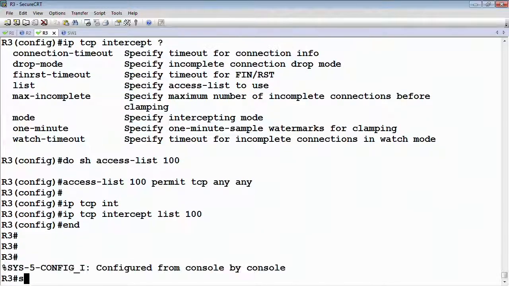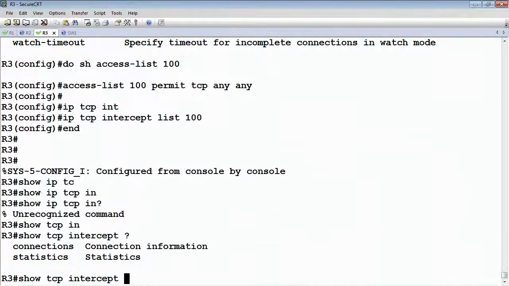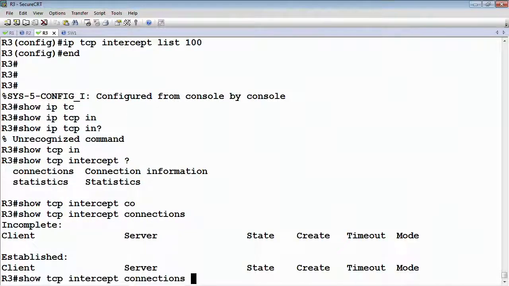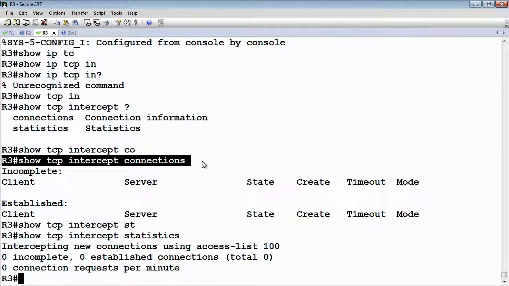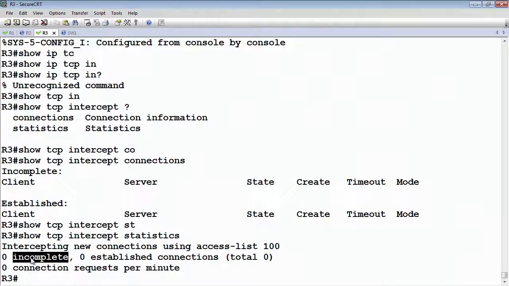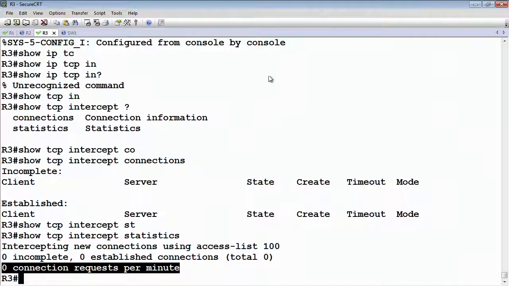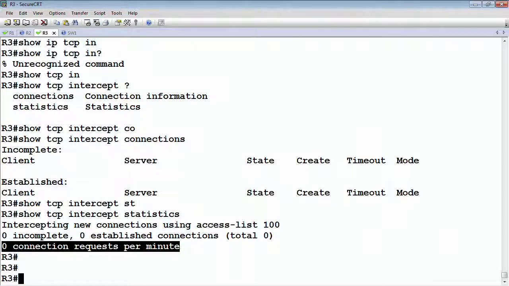From a verification point of view, if we look at show IP TCP Intercept, or actually show TCP Intercept connections and the statistics, the connections are going to be the ones that router 3 is proxying for if we are running in intercept mode. The statistics are just in general, how many half-open sessions do we have, how many incomplete sessions do we have, how many requests do we have per minute, and then this will tell us, are we actually starting to get to our aggressive thresholds. So on the server, let's go ahead and